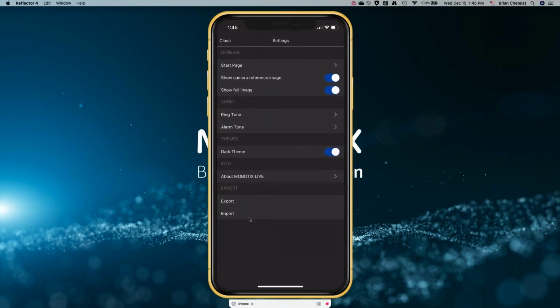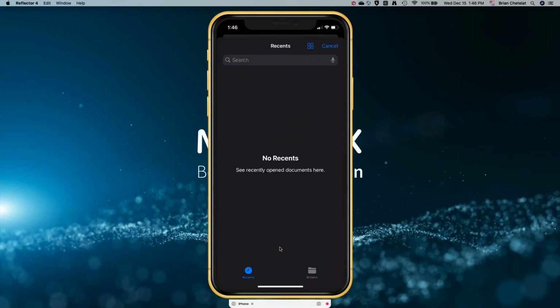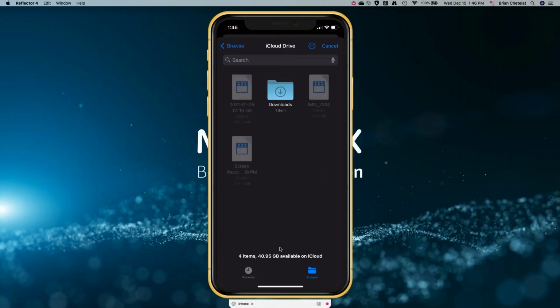Sorry. The import button here, same thing. If somebody has sent you a file or a setup and you want to import it, let's say they've tucked it away in a folder somewhere, and a couple weeks later you import it. It's just like doing anything else. You tap the import. There's no recent import files, so it says it right there. But I could browse, and this of course takes me to my iCloud drive.